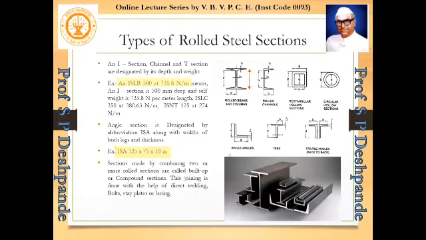That means the first side is 125 mm. When I say first side, one side of the angle is this 125, the other side is this, that is 75, and the thickness is 10. Okay. With these sections we can also make built up sections.